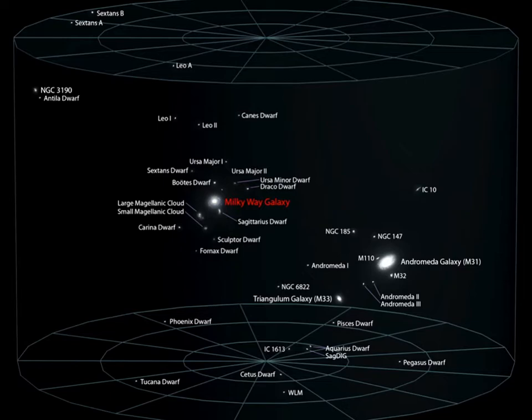So let me just remind you of what our local neighborhood looks like. We live in the Milky Way galaxy. Not far away, we have the Andromeda galaxy, close enough to be able to see a nova, apparently, George, in this particular galaxy. And there's a few others in our so-called local group. There's the Triangulum galaxy M33, a similar sort of distance, and a few other rather unspectacular dwarf galaxies dotted around.